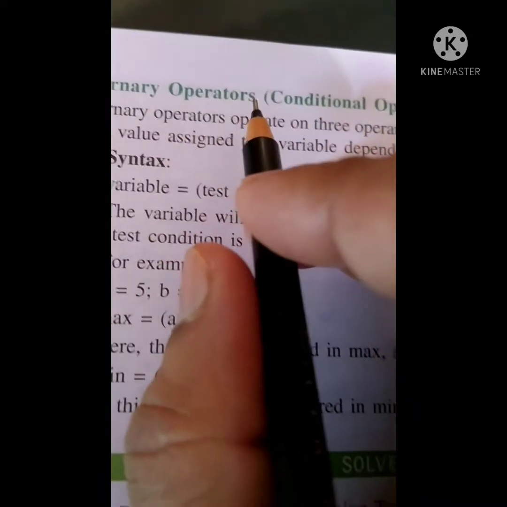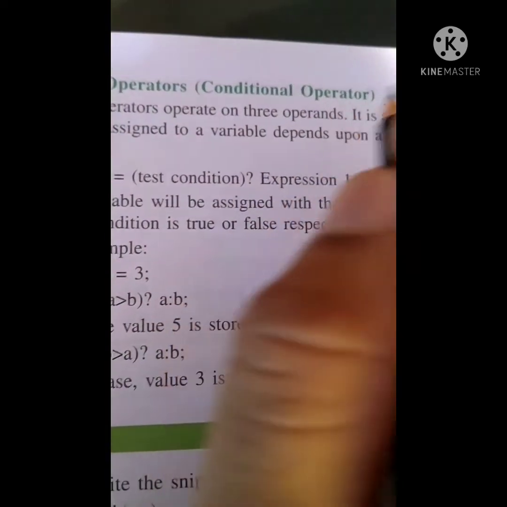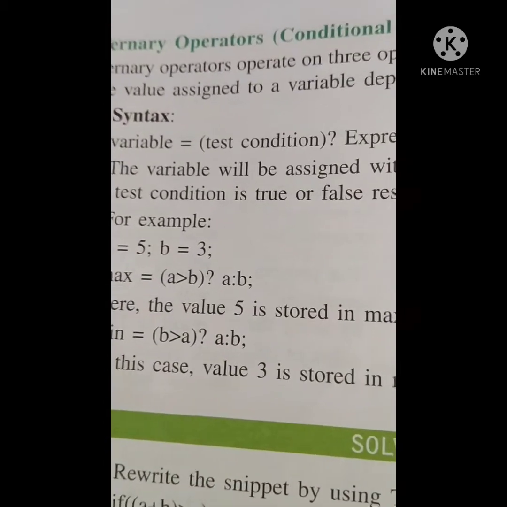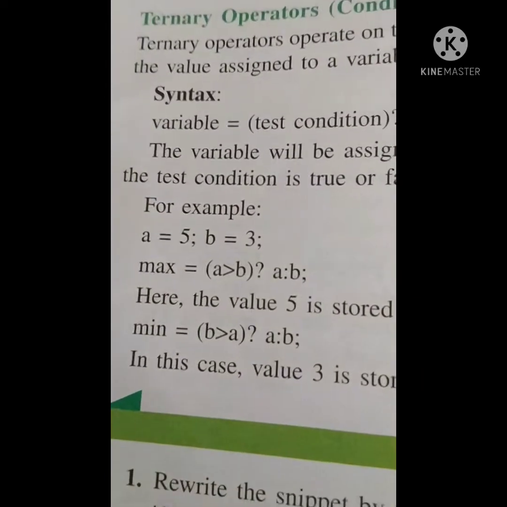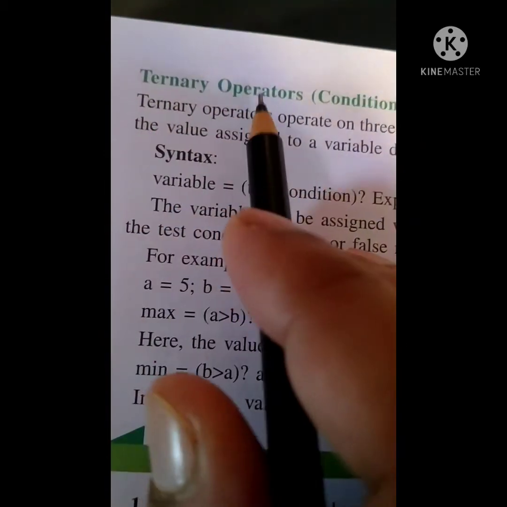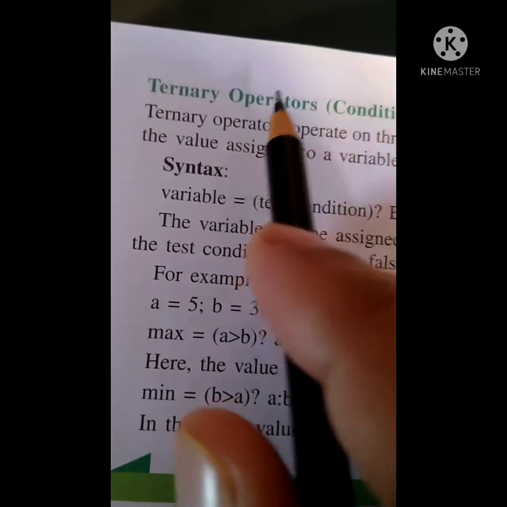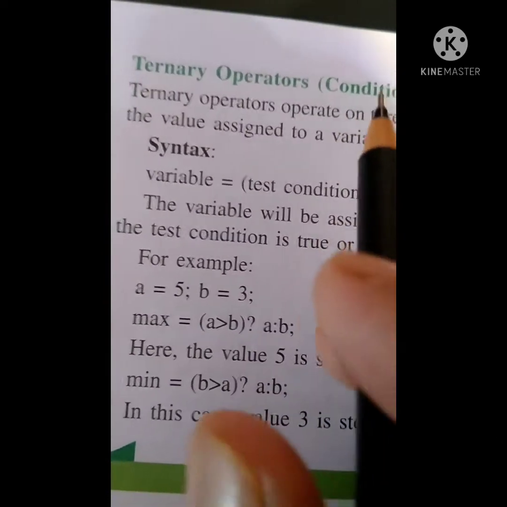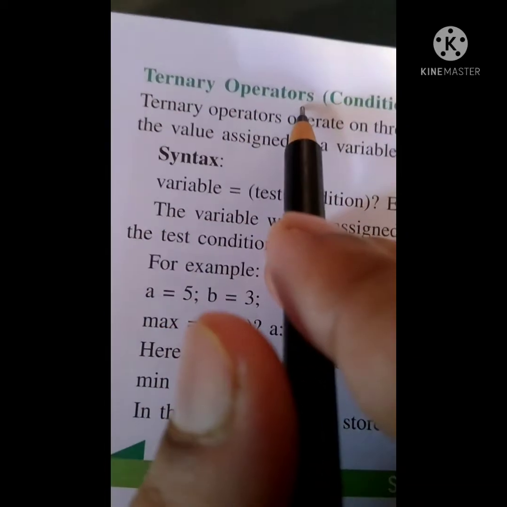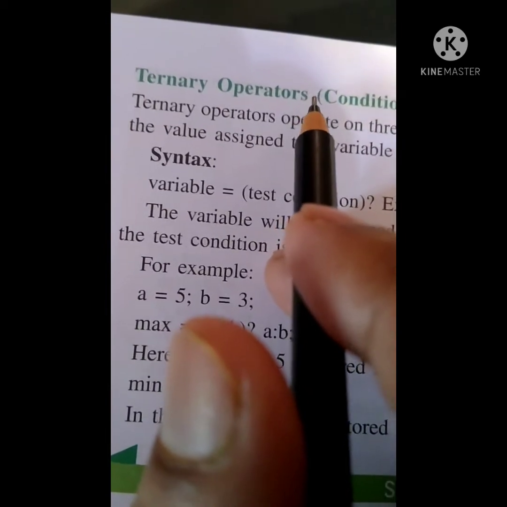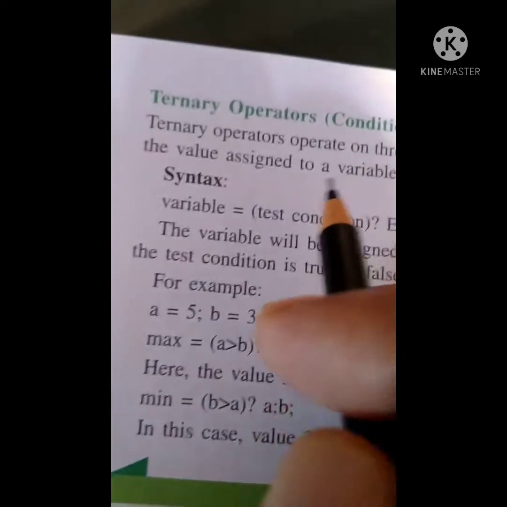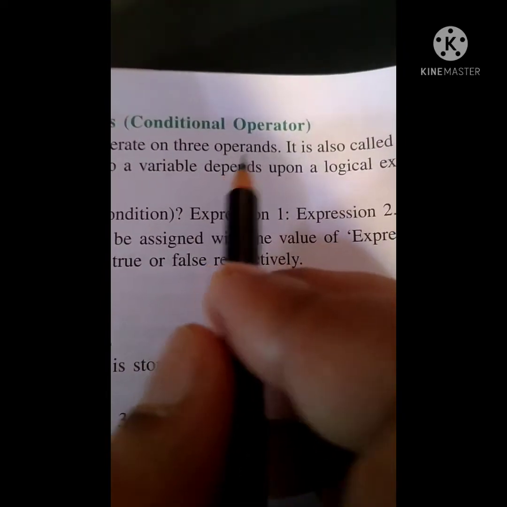Next we have ternary operators, conditional operators. When we write a ternary operator, we compare two or three things, like which is the largest or smallest, and we do that comparison with the help of the ternary operator. The same thing we can do with the help of an if else statement also, but here we are first seeing how ternary operators, in a shortcut way, can find out which is the greatest number and which is the smallest number. In a ternary operator, we have three operands.